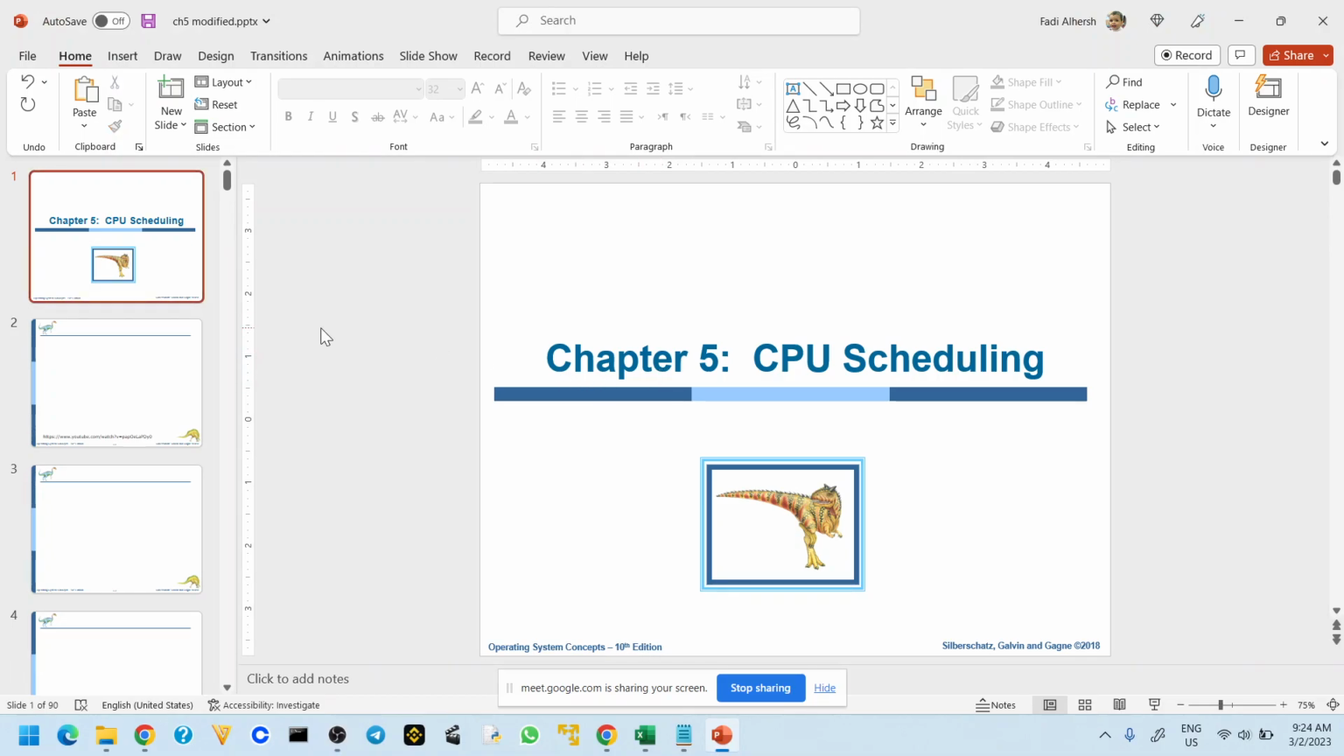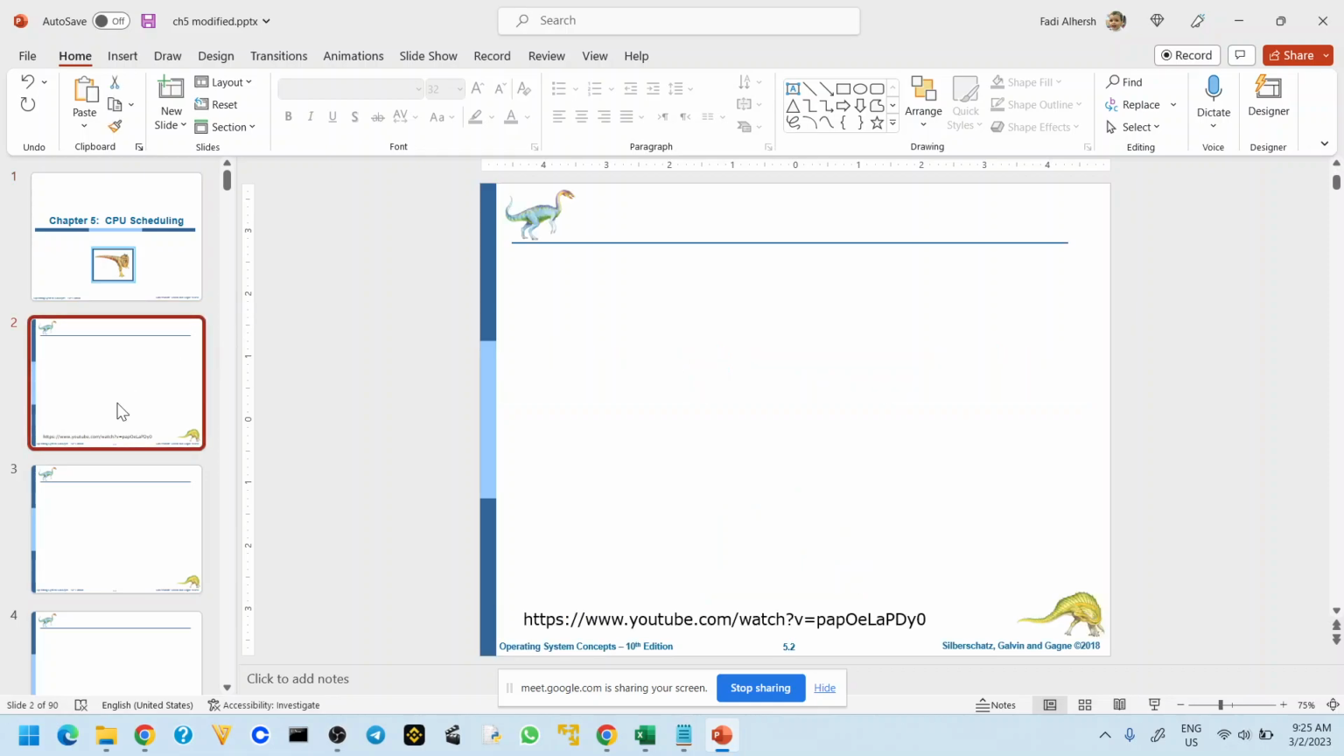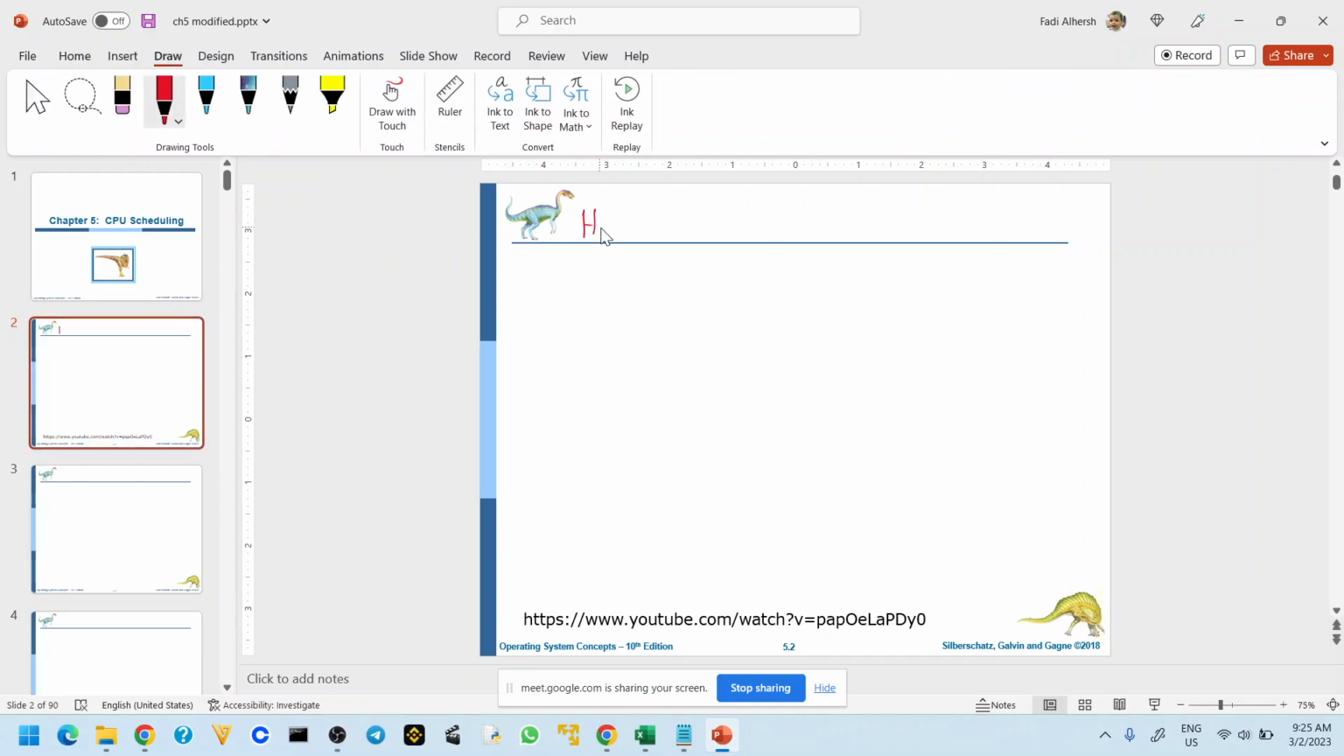So this is about chapter 5, CPU scheduling. There are a lot of concepts here in this chapter, but now I will focus on simple methodologies or algorithms to explain how the CPU would execute multiple processes. So this is a simple question. It means how